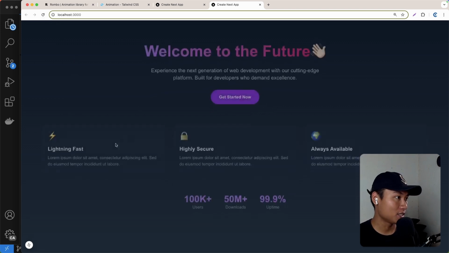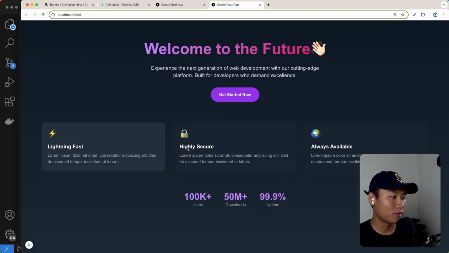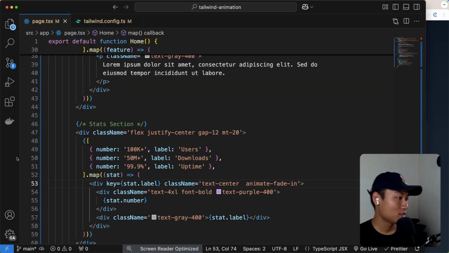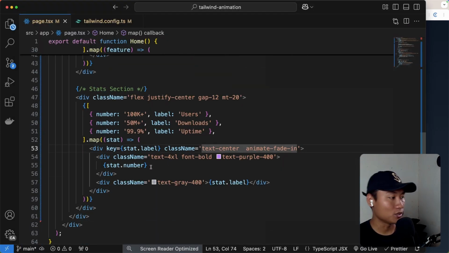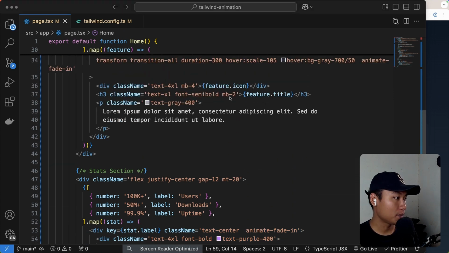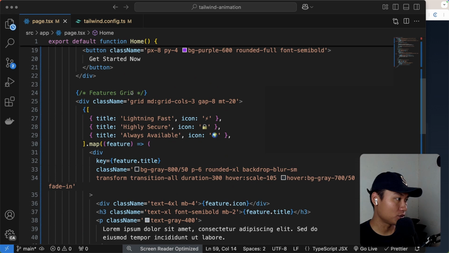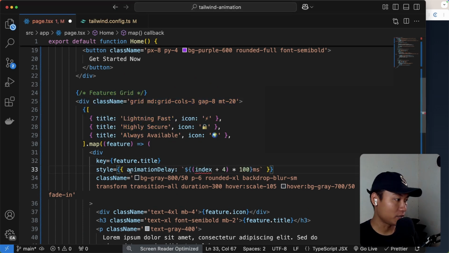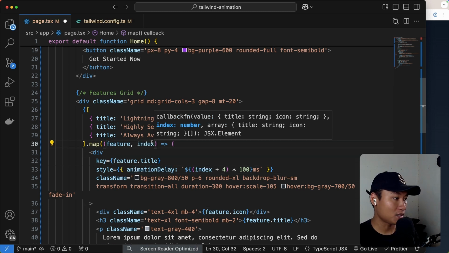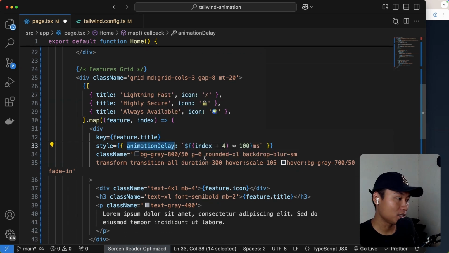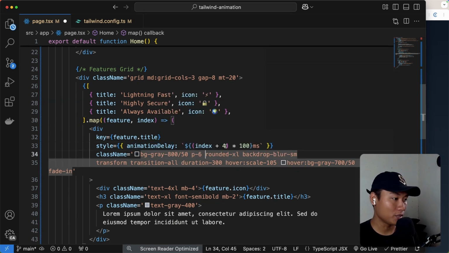If I refresh, the first thing is going to pop up first, and then this one, and then this one. So the way we do that is we can use an inline style on this div right here. So let's first implement that on the features right here. I'm going to add an inline style with animation delay. The index is going to come from this mapping right here, right? It's going to start from 0. That means the animation delay is going to be 0 plus 4, which is 4, times 100 milliseconds,